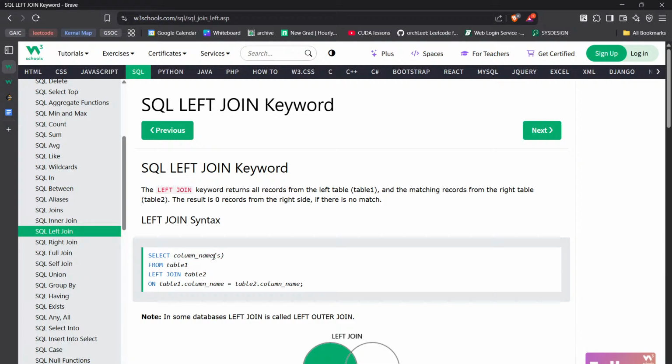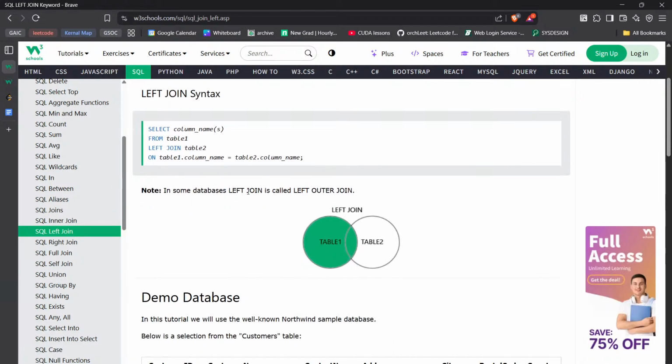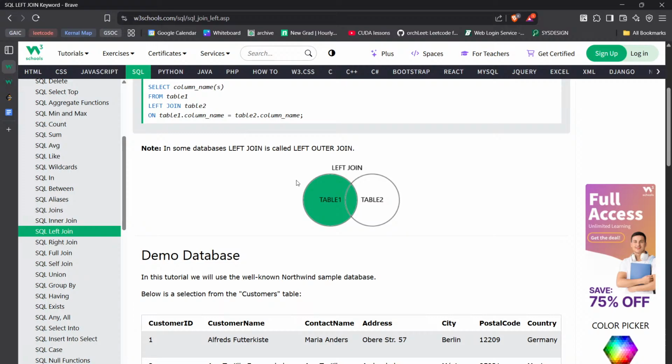Select a column that you want to display from table 1, and then left join table 2. From table 1, left join table 2. So everything from table 1 will be there, and the common column that we have between both tables, on that we will left join. In some cases left join is called left outer join. Okay,